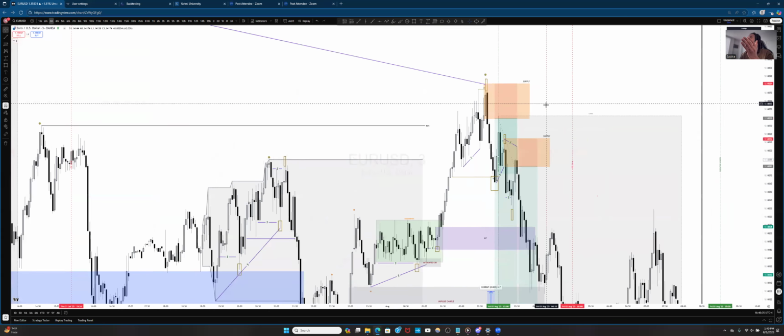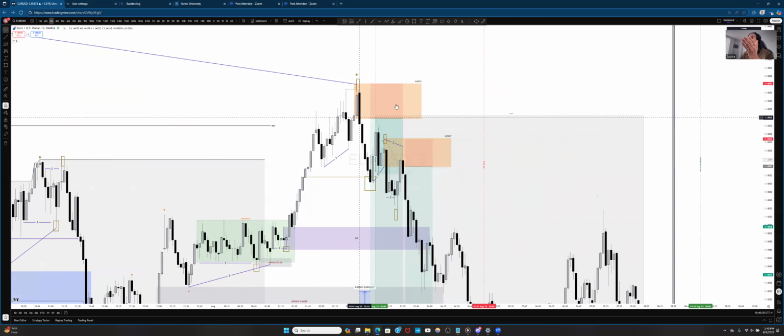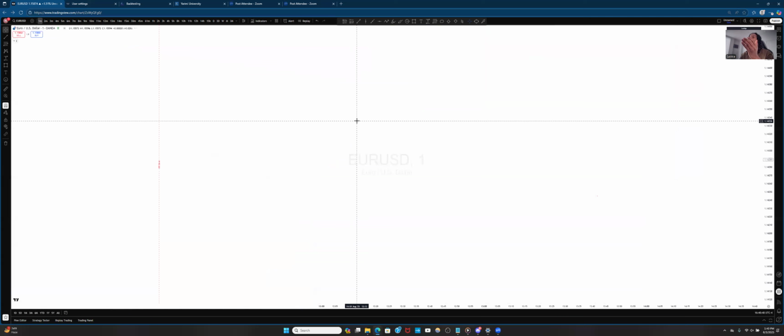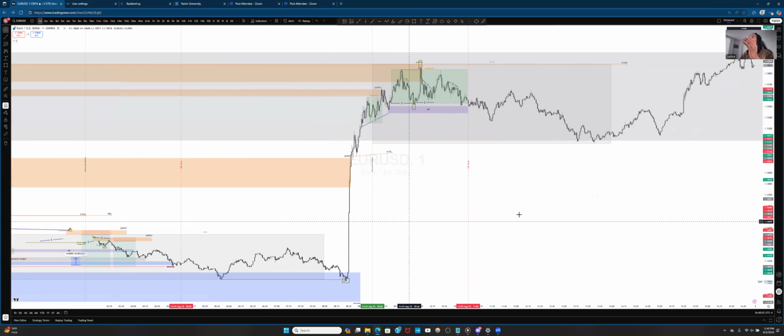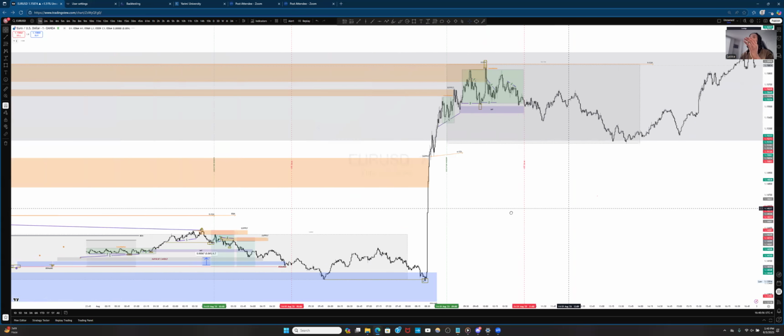Found my OB on the 3 minutes right here, a clean order block. I even took a little bit of the imbalance and price came in, mitigated me, shot down. So go back to the 1 minute. Price came in, mitigated me into the trade and shot down. Immediately from there, I was even more confident in the trade because everything aligned with my